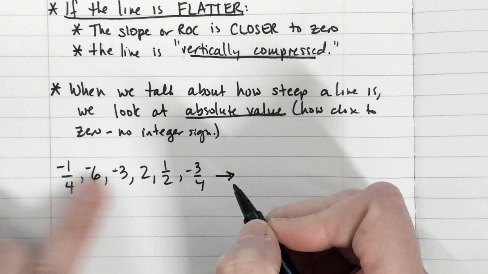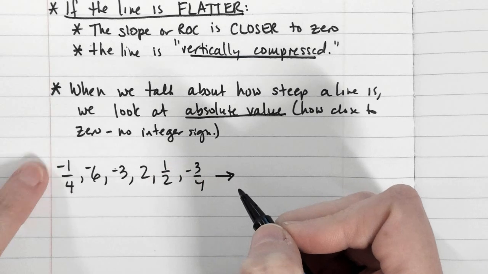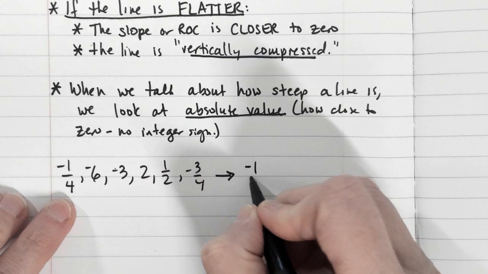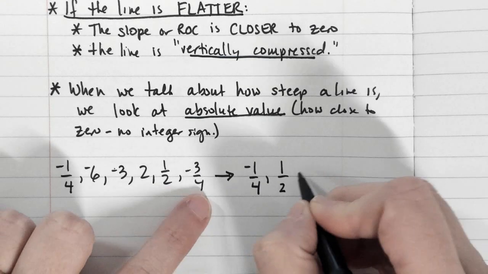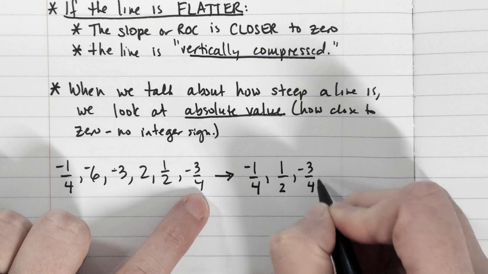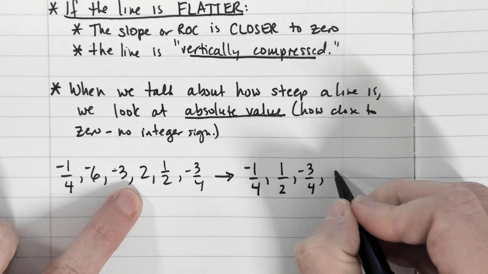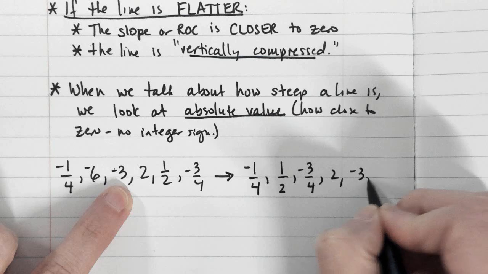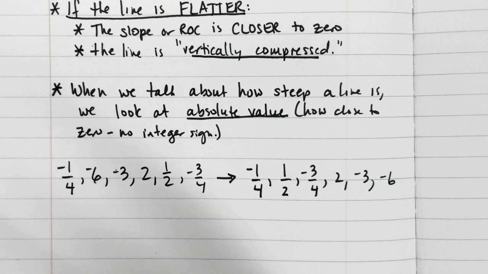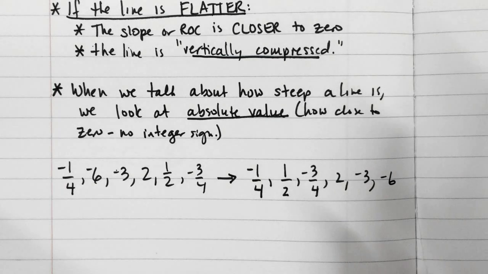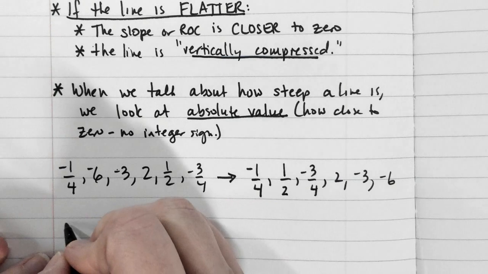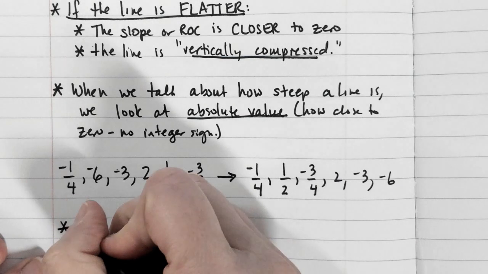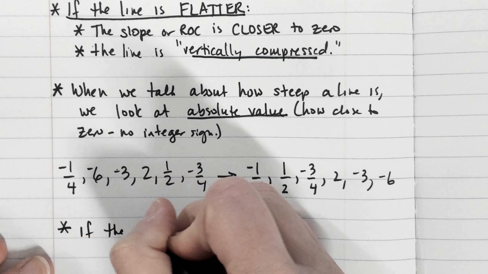We don't look at the signs at all. I look for the number that's closest to 0. Well, the closest to 0 is -1/4. The next closest to 0 is 1/2, then -3/4, then 2, -3, -6. I only look at the absolute value of those numbers when I order numbers in terms of steepness, because the only difference that this negative sign means, which let's talk about now, is if the slope is negative,